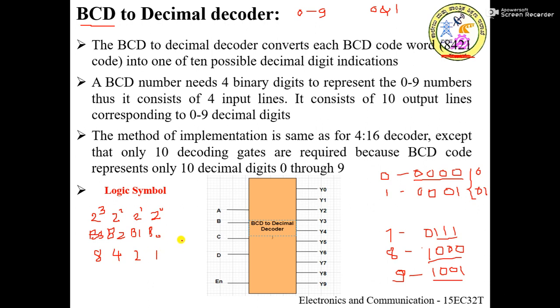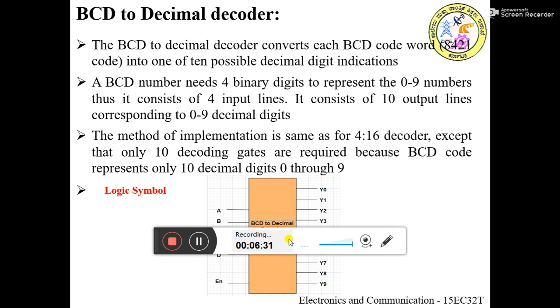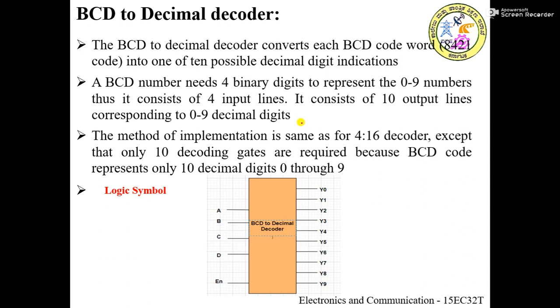Let's erase all the annotations. Now, as we know, this logic system has 4 inputs A, B, C, D, and it is referred to as a decoder. Generally, the decoder logic system is represented using n to 2 to the power of n. So with n equal to 4, the standard decoder will be represented using a 4 to 16 decoder.